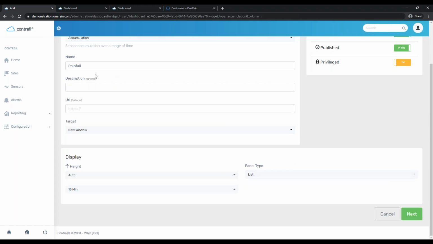We'll come back to that once I select my other options. Can I add a description? I'm going to leave this blank this time. If I were to input a URL, the URL would be to basically make the title into a link. So here, I guess I'll just do